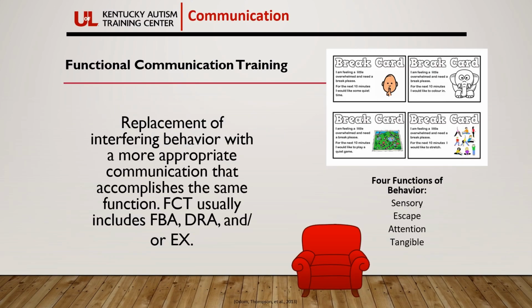Today, we are going to talk about using functional communication training. Functional communication training is replacing a specific behavior with a more appropriate or socially acceptable form of communication that achieves the same outcome. So for example, if a child previously has cried and pulled on your hand to get access to a cookie, instead, you would give them a picture card and teach them to access cookies by using that picture card. We're going to talk about that in depth today.